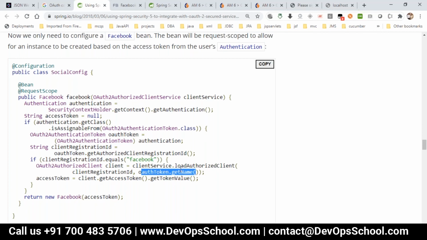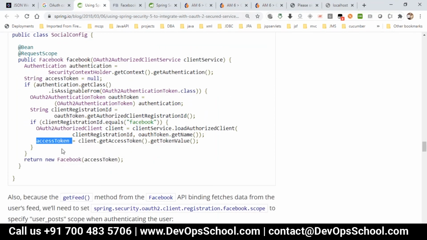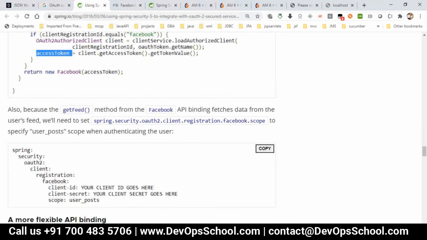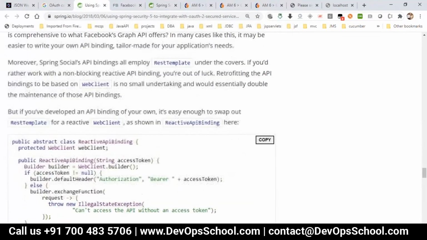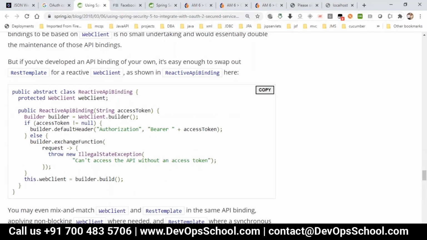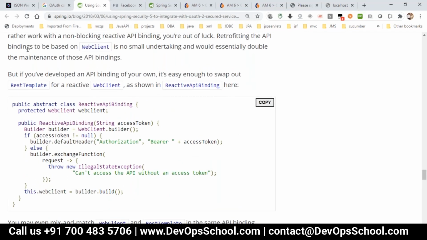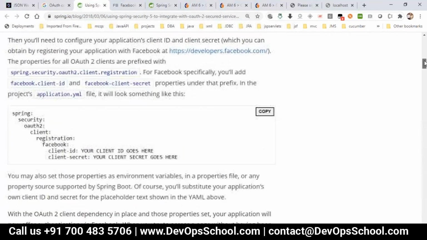We will get the Facebook username, and based on that you will get the access token, and it will return a new Facebook object. That way you will be configuring with respect to Facebook, Google, GitHub, or any social login which you want to access. That's where the OAuth2 security will be configured.